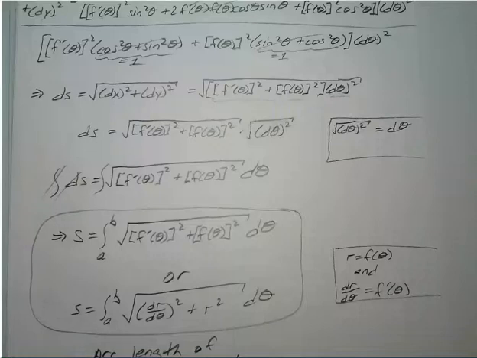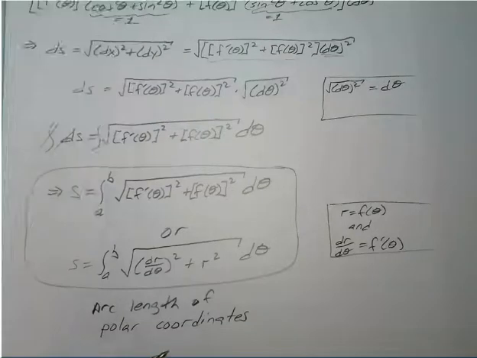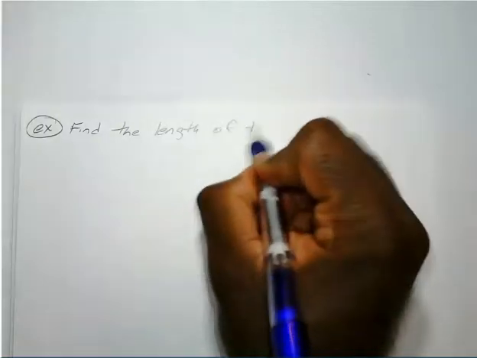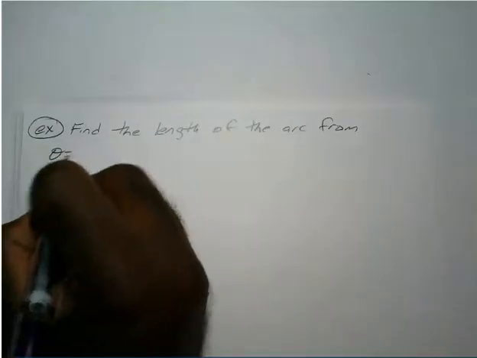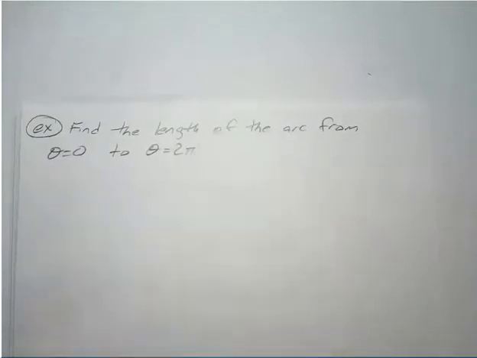Alright, so move that up a little bit. If you are still writing, feel free to press pause, but we're going to go ahead and start with our first example. So for example, what if we wanted to find the length of the arc from theta equals 0 to theta equals 2 pi